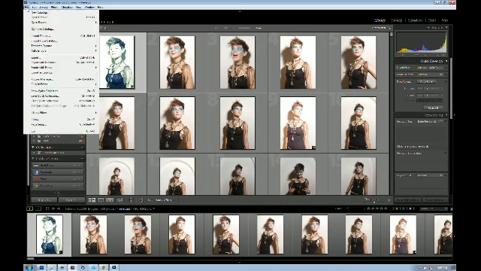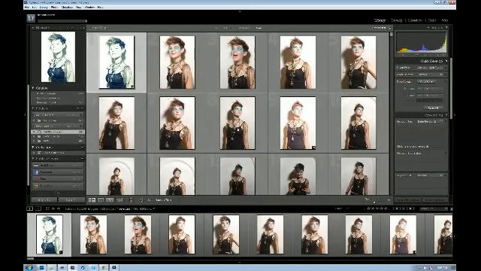So all you need to do to import your images into Lightroom is go to File, Import Photos, and you'll come up with this dialog. Up here we've got whether we want to copy them as DNGs, whether we want to copy photos to a new location and add them to the catalog, whether we want to move them,